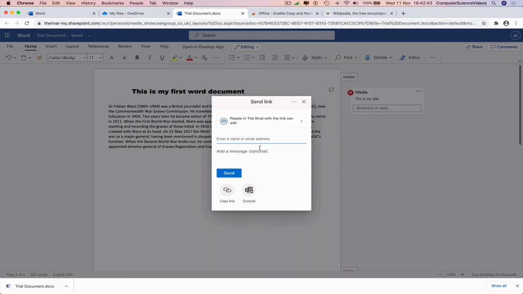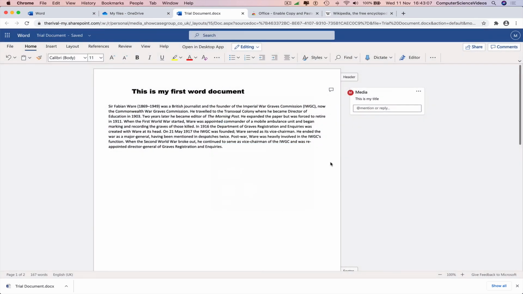We can also share this with people within the work environment. Copy the link, add their email addresses, and they will be sent an email to say, hey, this person has sent you a document for you to review, edit, and all this can happen in real time. So when someone else accesses your document, they can update and we can see the changes in real time, which is the benefits of using Microsoft Office 365 web-based Word, PowerPoint, Excel, and all the other applications they offer with a subscription once you